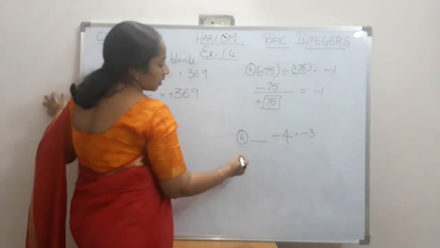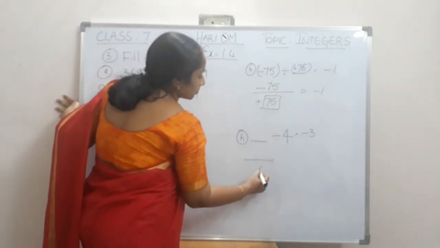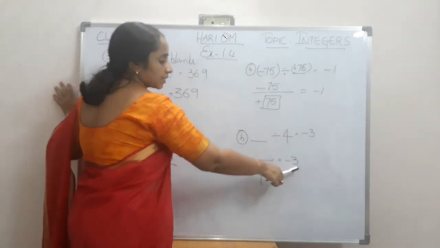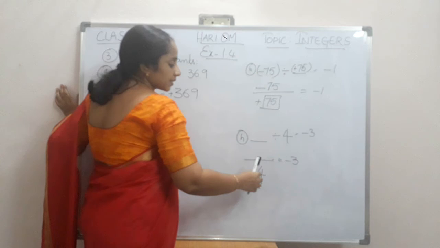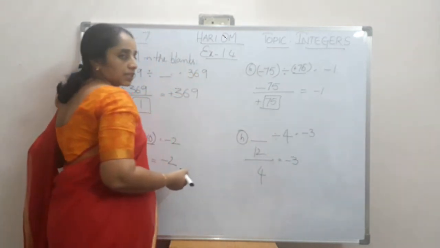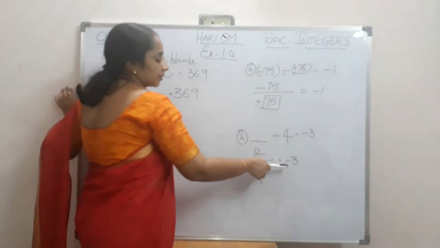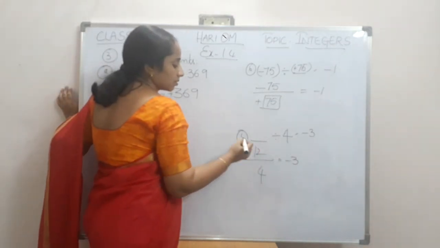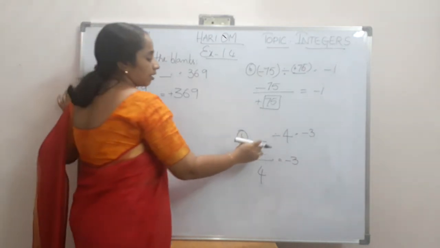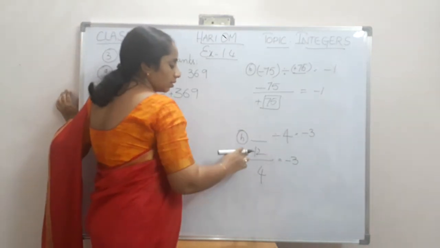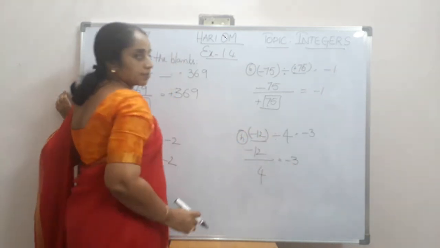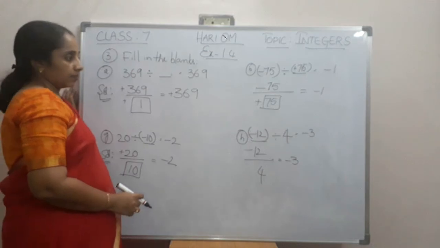So plus divided by minus: 20 divided by minus 10 is minus 2, since 10 twos are 20. And in the next one also, the result is minus 3. I already discussed that by multiplying these two you get 4 threes are 12. The result is negative, so one should have a negative sign. Since this one is given as positive, put a negative to this number. So you can get minus 3.